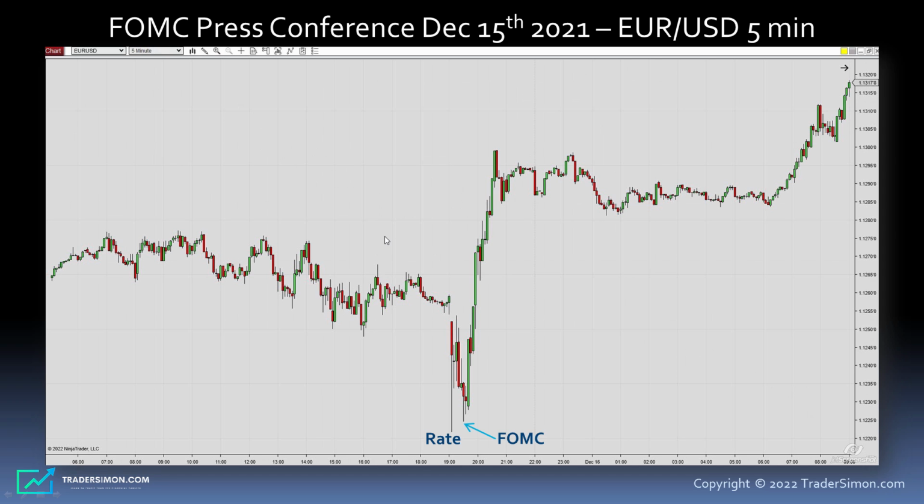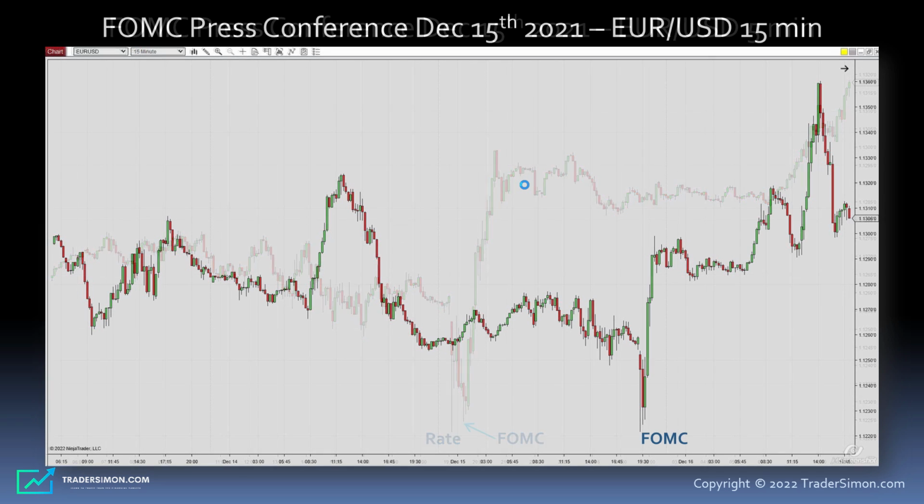Okay, December the 15th, again, EURUSD 5-minute chart. Again, same as before, you got the rate statement first, gave a huge spike. Then you got the V shape throughout FOMC. It couldn't take out the low of the rate statement, and that's very telling in itself that it couldn't take out that low. And then once you saw this V shape, you knew the market was going to continue on